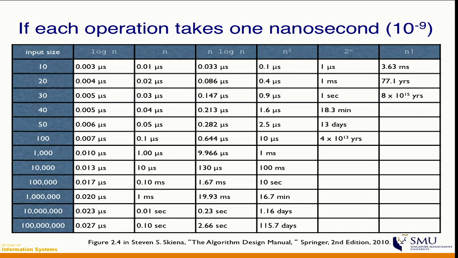So if your algorithm is log n, you can push your input size all the way to 100 million. You still take less than a microsecond to solve the problem. So that's very fast, right? So no problem. Now, if your algorithm is n, then when your input is 100 million, it's still less than a second. So it's still okay. Now, if it is n log n, you still talk about 2-3 seconds, which is still okay, right? Now, by the time you talk about n squared, to solve a problem of 100 million, you need